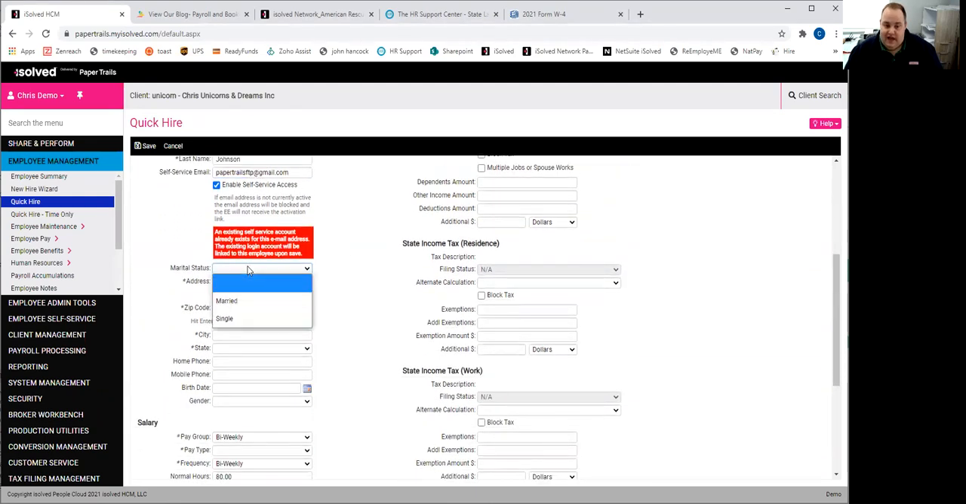Under marital status, again, this is not a required field, but you certainly may want to keep track of it. Again, for benefits, those types of things becomes important. Address, we'll just put an address in here. Zip code. When I fill in the zip code, it automatically puts in my city and state, which is very